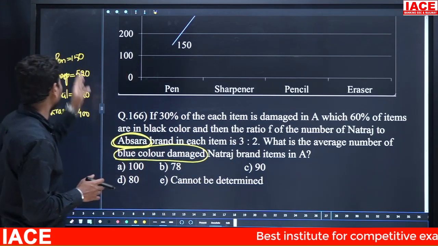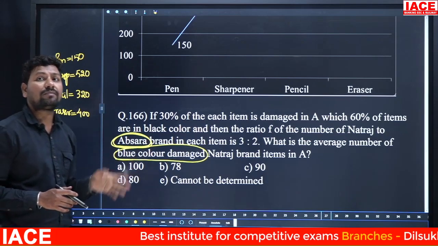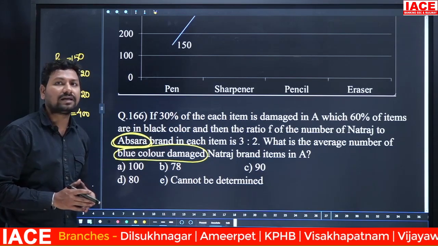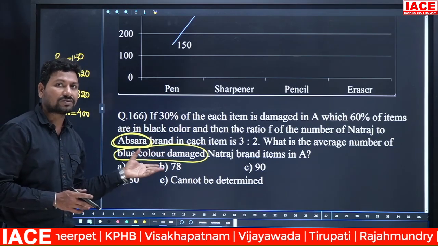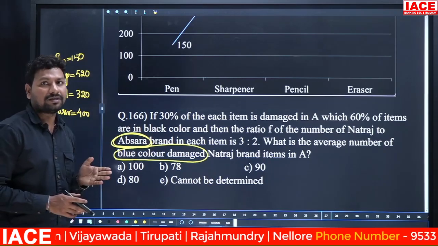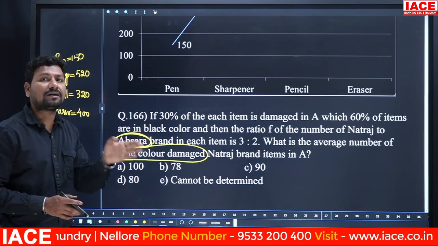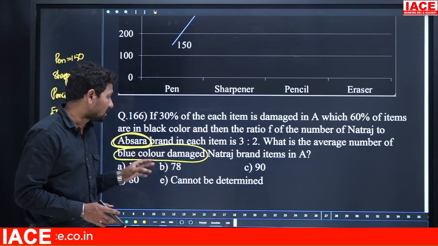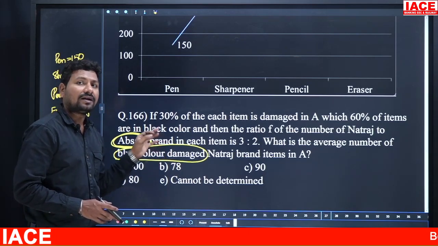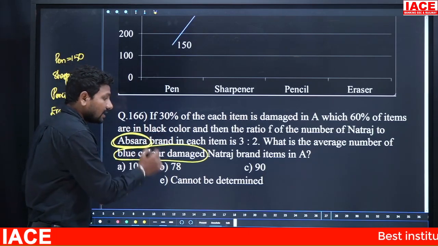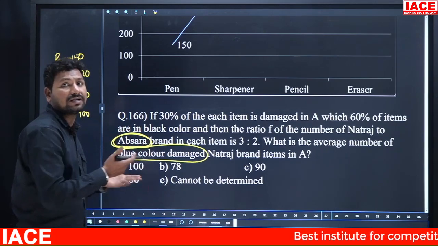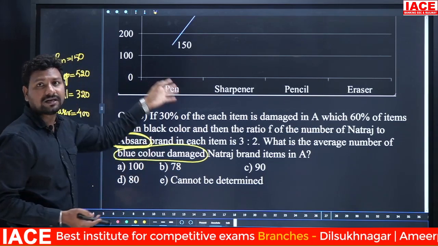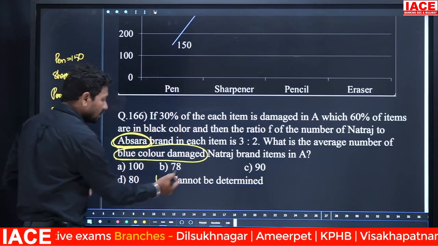In how many items are Nataraj brand, and how many items are not Nataraj brand? They have not mentioned this clearly here. When you observe the previous question, some items are not Nataraj, some items are Nataraj. Based on this, what can you understand here? Some items are Nataraj, but what was the ratio of Nataraj company to not Nataraj company? We don't know, but they mentioned Apsara company. Apsara brand-wise, there is no matter mentioned initially onwards. That means the answer is: cannot be determined.